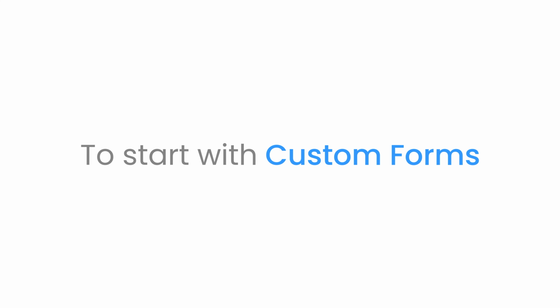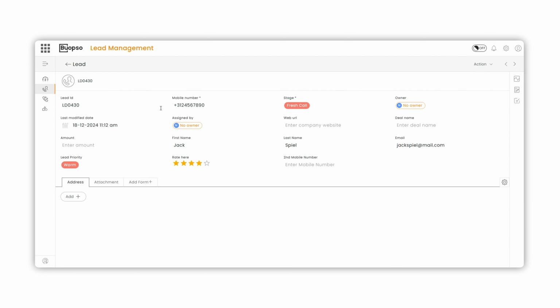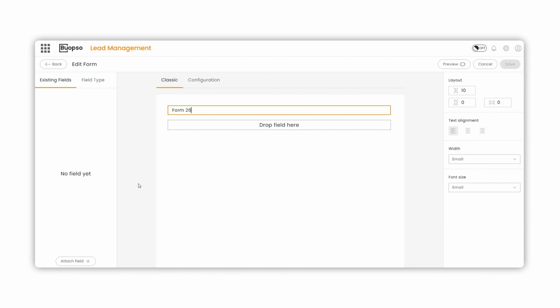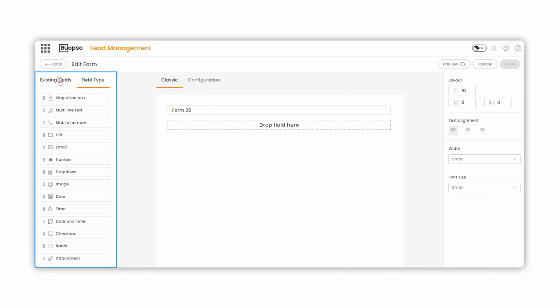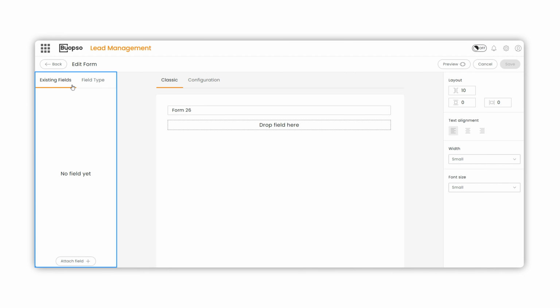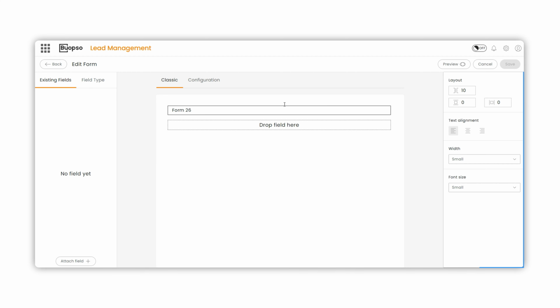To start with custom forms, open the lead details page and then click on Add Form, which will take you to the Form Builder page. The Form Builder page offers a drag-and-drop interface to design the custom form. The left panel on the page shows the existing fields and field types you can add to the form. The right panel allows you to change the layout of the form. In the center of the Form Builder page, you have the form canvas where you can add fields and design